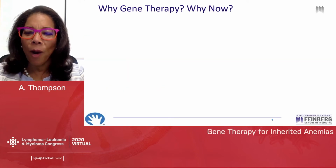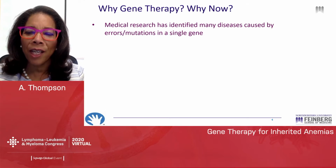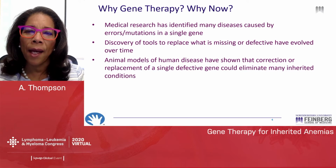Why gene therapy and why now? Well, I think it's safe to say that medical research has advanced over many decades and that we've now identified many diseases that are caused by errors or mutations in single genes. It was also important for us to make progress in discovery of the tools that would be needed to replace what is defective or missing, and that's taken time to evolve. It's also been terribly useful to have animal models for human diseases and to be able to demonstrate that correction or replacement of that single gene would alter the phenotype and potentially eliminate many of the features of these inherited